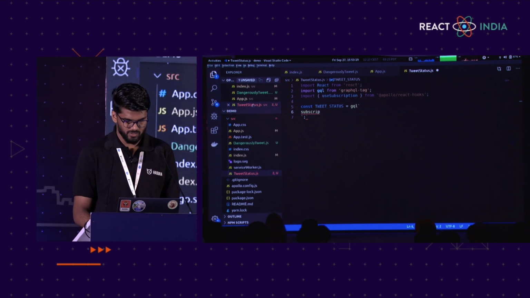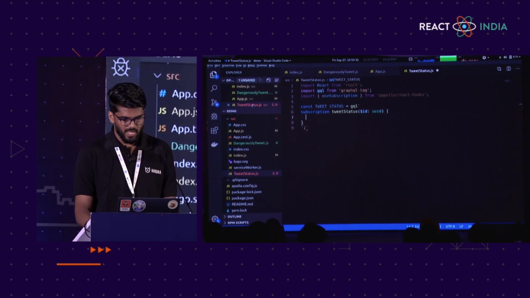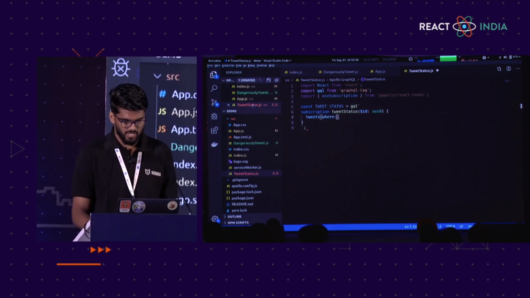Oops, lot of typos today. Okay. Tweet status. I will define an ID. I need to give what ID I need to get the status for. And here I will see like your audio tweets where some track that you can ID